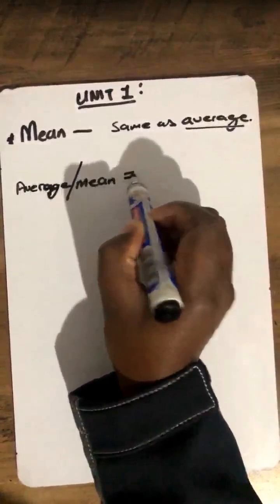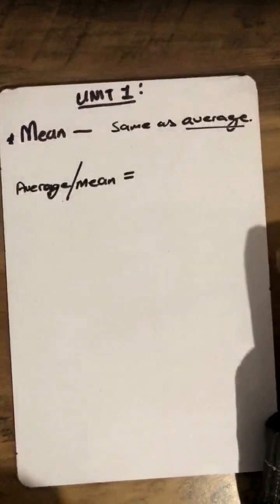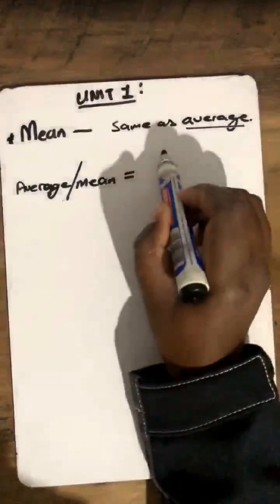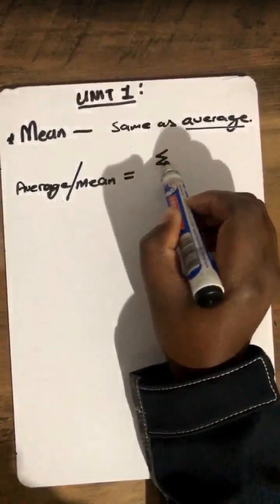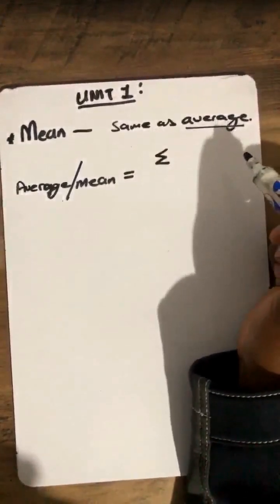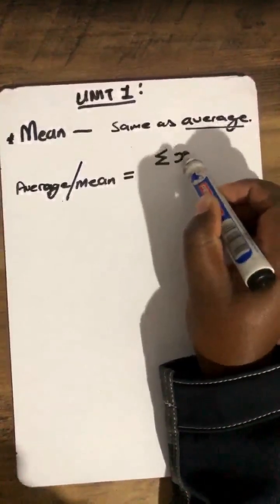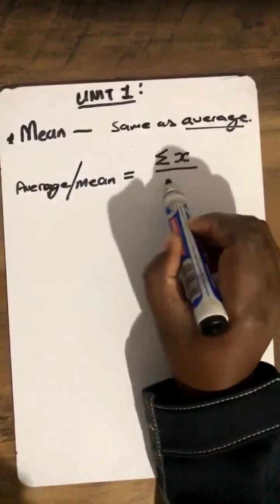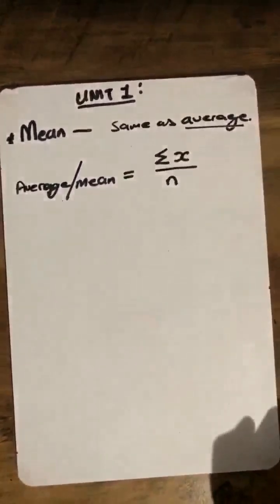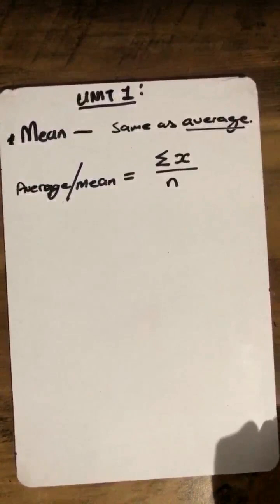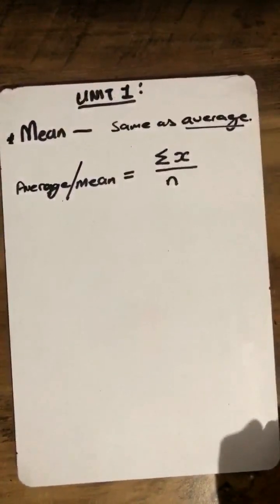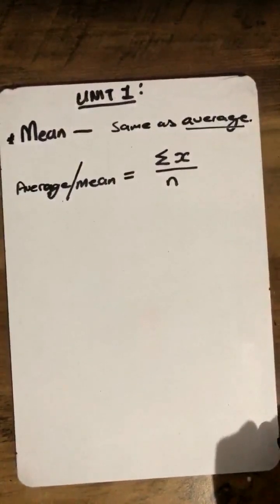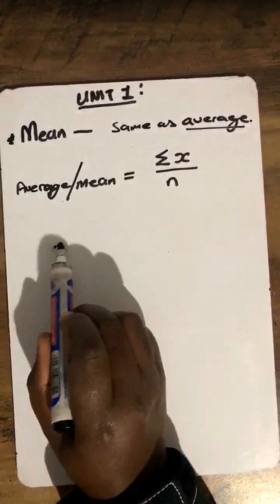This is the formula which says the mean or the average is equal to, you add, this is the sum, that sign, it means the sum, which means you add all the numbers that you may be given, then you divide by that number. It might not make sense at this point in time, but let's say